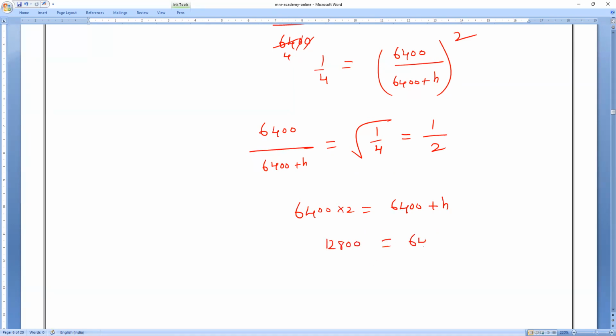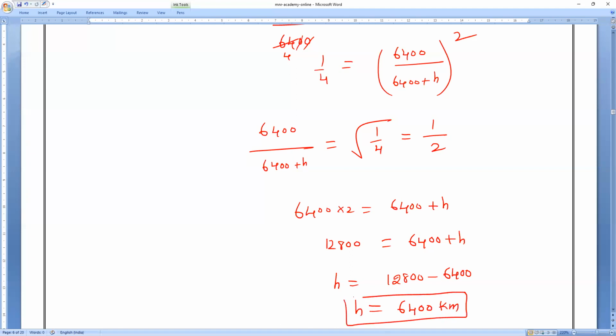12,800 is equal to 6,400 plus H. Now 6,400 will come this side. So 12,800 minus 6,400 is again 6,400 kilometers. So from the Earth's surface, if I go to a depth of 6,400 kilometers, or if I go up 6,400 kilometers, at both places, G